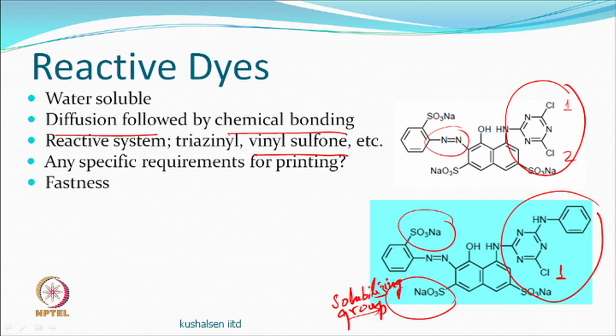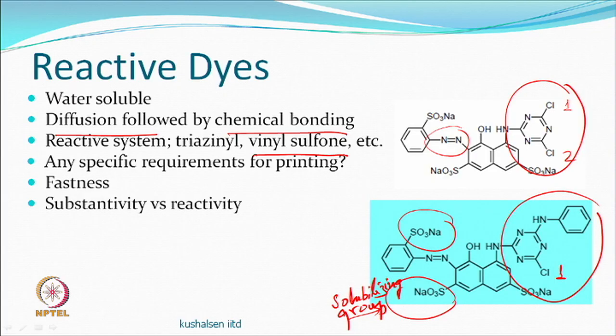Fastness, what we said, if everything has reacted covalently, the fastness will be excellent. There is no issue on that as far as the wash fastness is concerned. Light fastness depends on the chemical structure and not on the reaction alone. So, most of us have found it difficult to believe that the reactive dyed and reactive printed fabrics actually give fastness less than 5. It is because some of the dye does not react, but stays back.